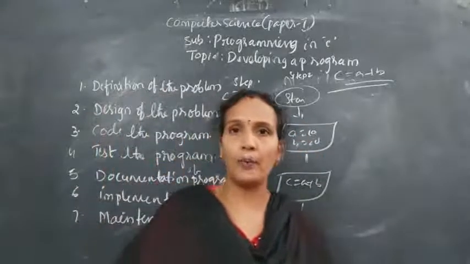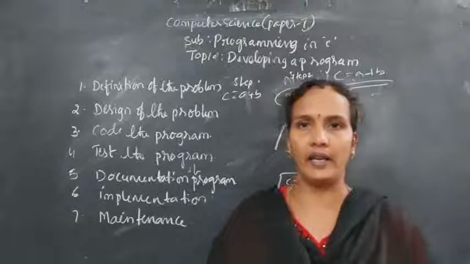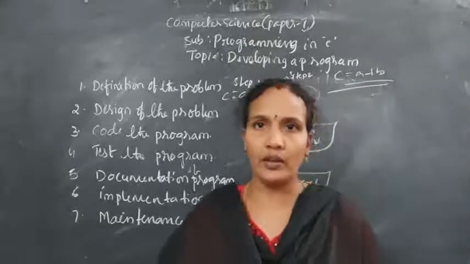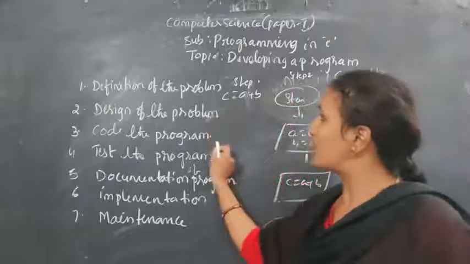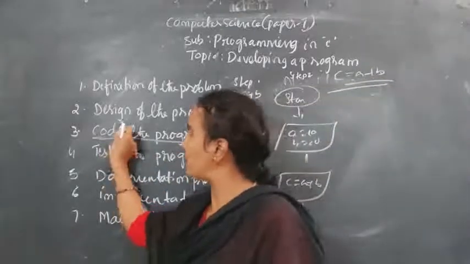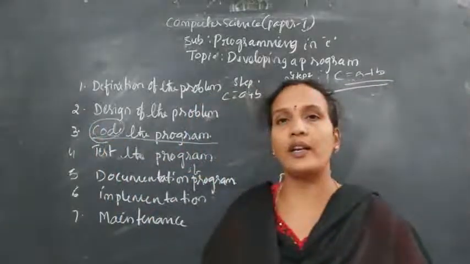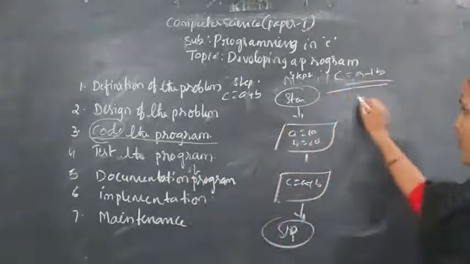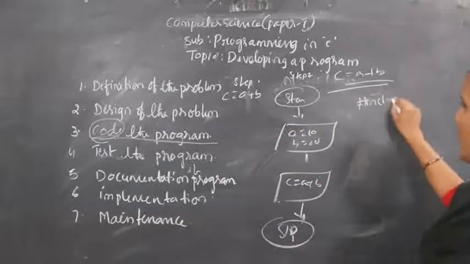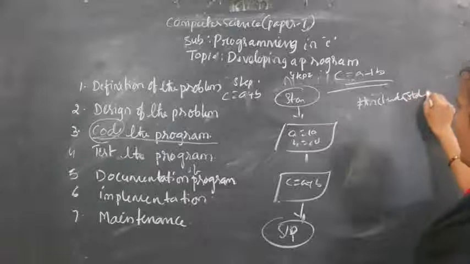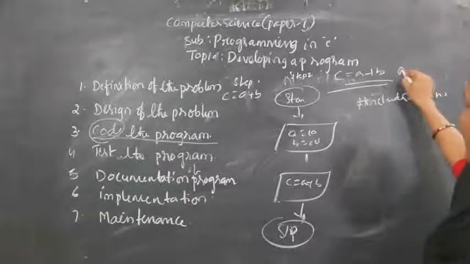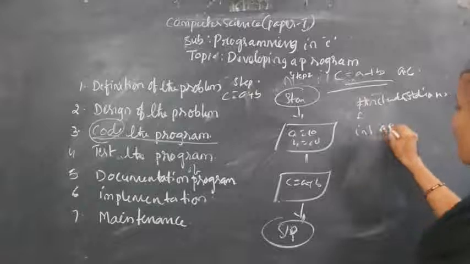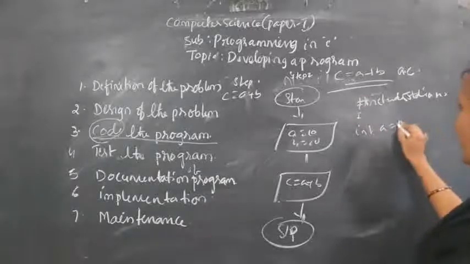In order to write the program, you can use any high level language like C, C++, Java. So under the third step, code the program. Coding is nothing but writing a program. You can use any programming language. Here I will write the program using #include. This is a simple step, you need not write it, I'm just explaining. I'm writing a C program, a.c. Here, for example, int main, you need to give a equals 10.